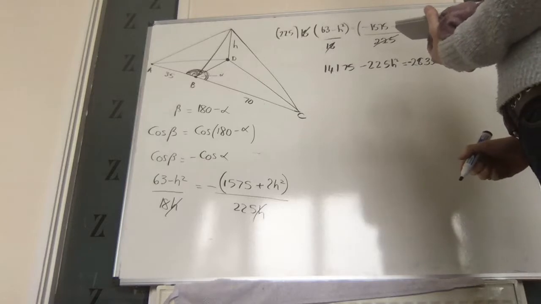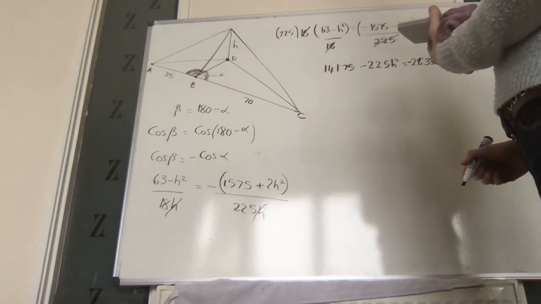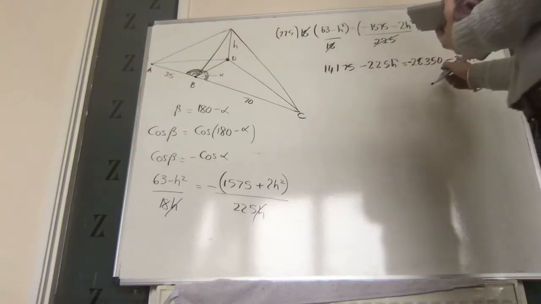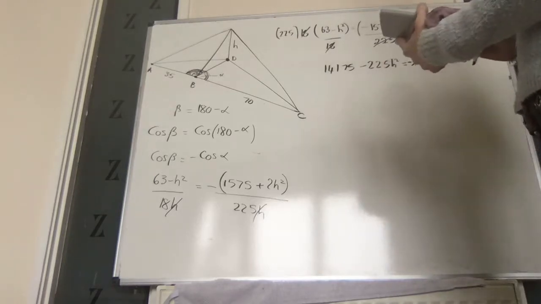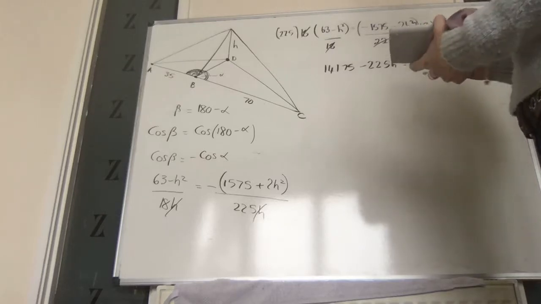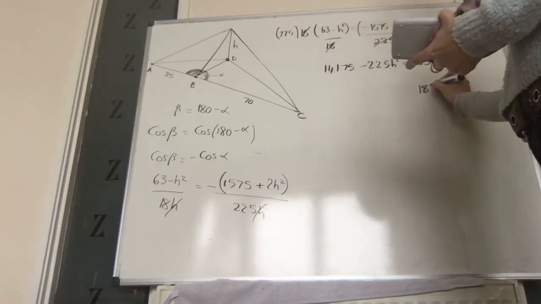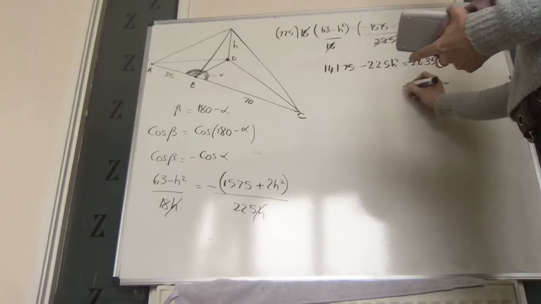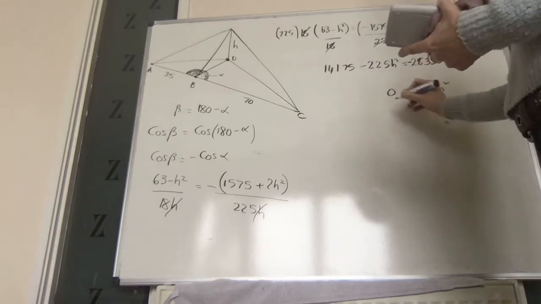Numbers to one side, well, I guess it's a quadratic. Technically, we should put them all to one side. Okay, so we're going to bring everything to this side. Right, so we're going to get 189h squared,